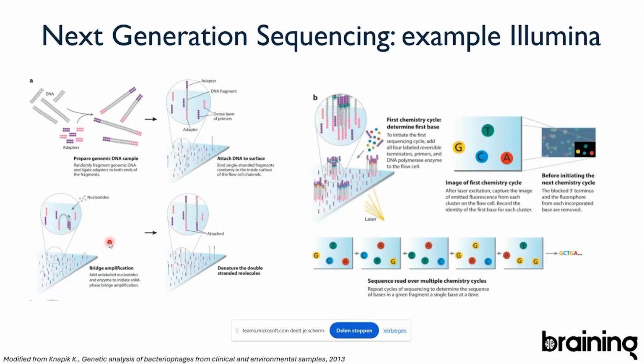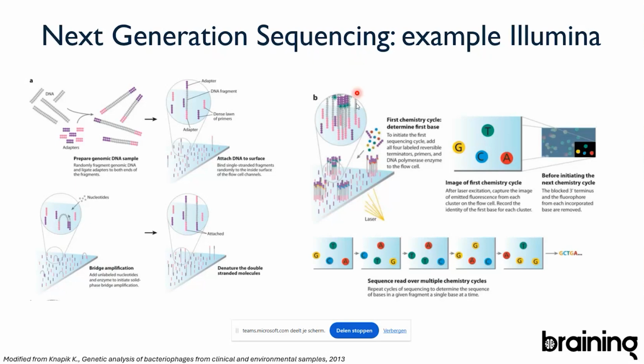And then to have a reliable readout, what you're going to do is a PCR, basically, on your flow cell. It's called a bridge amplification, but it's the same principle as a PCR. You use a polymerase to amplify the DNA strands, and this creates clusters of all the same strand. That's what you see here. You see here there are 4 clusters of DNA strands, all with the same sequence, that are shown here. And after you've done your amplification, that's where the real sequencing step comes in.